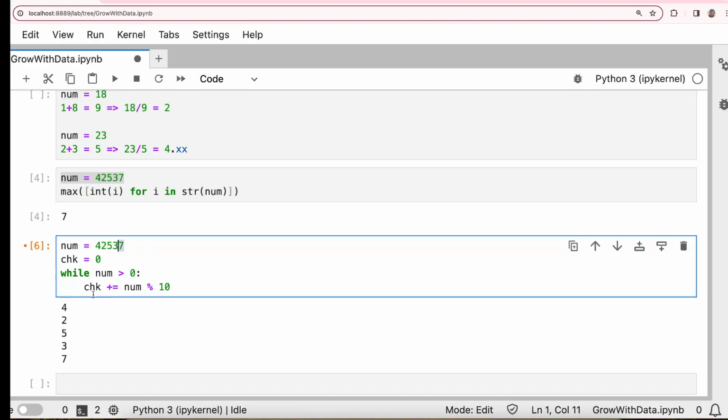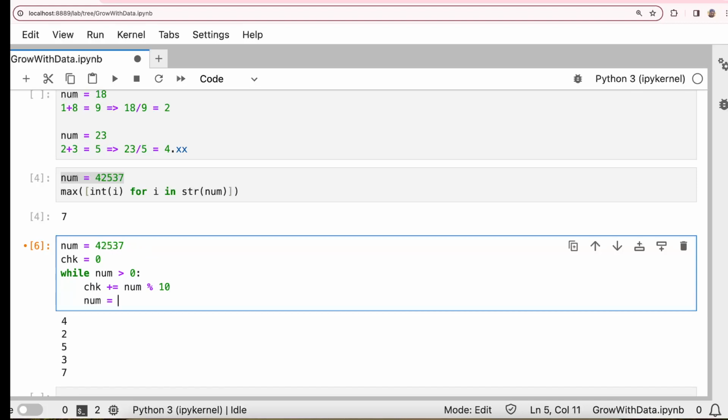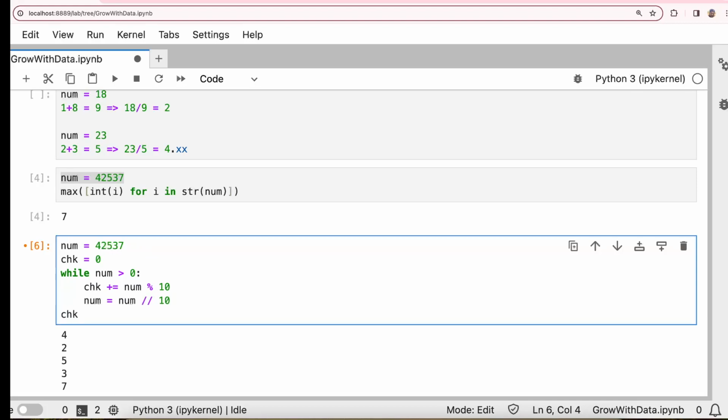In the previous example we had some other condition, but this is the basic thing. And then num equal to num integer division 10. And then for the check, we can actually go with the code we had.